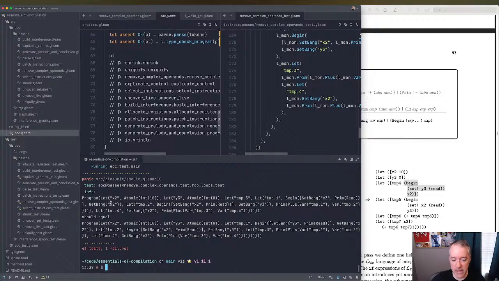So temp1 is being bound to this begin expression, and then its body of the let is a let temp2, and then x2 read get y3. Okay, we know that the binding has to happen before the thing that follows, so this is okay. And then its body is the sum of temp1 and temp2. So we get temp3,